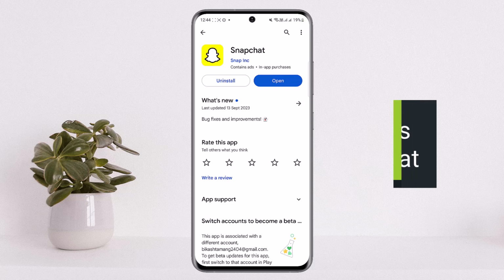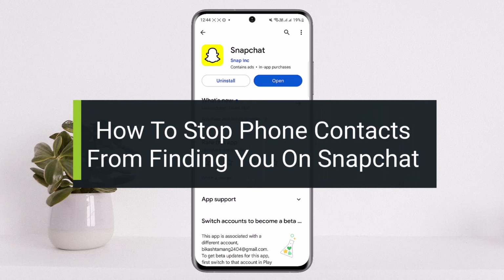How to stop phone contacts from finding you on Snapchat, how to turn off your phone sync or contact sync